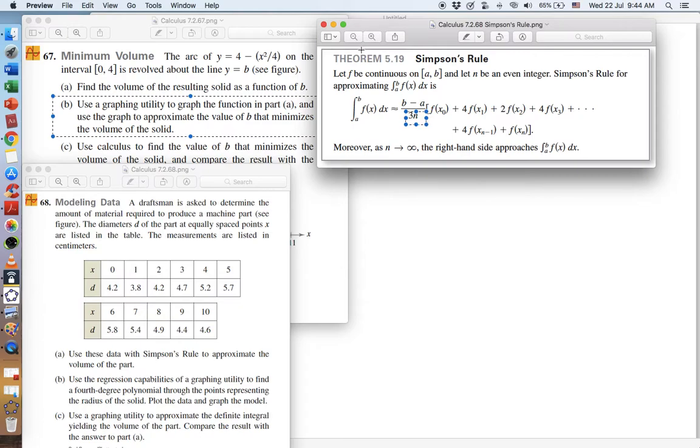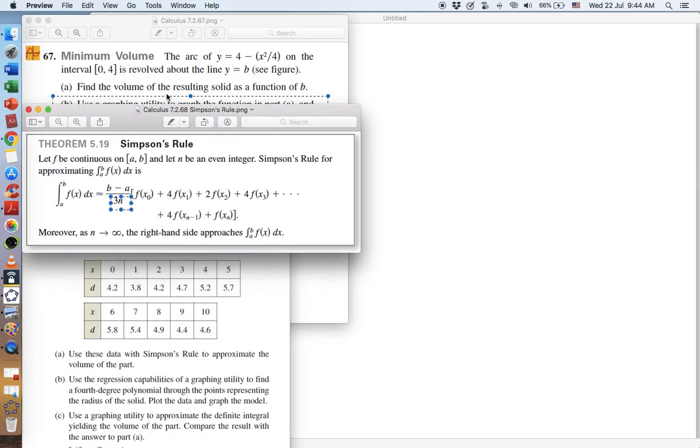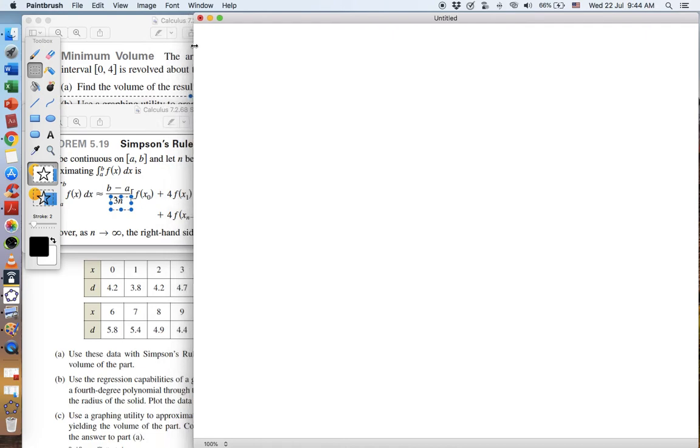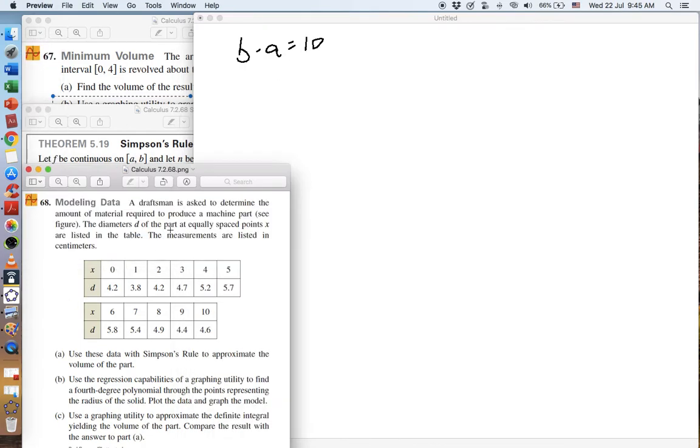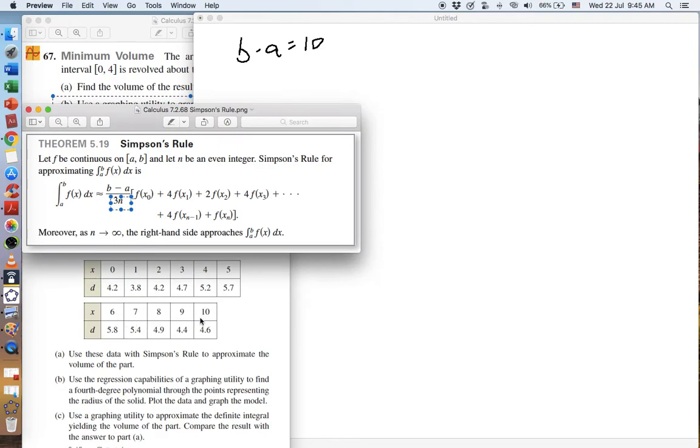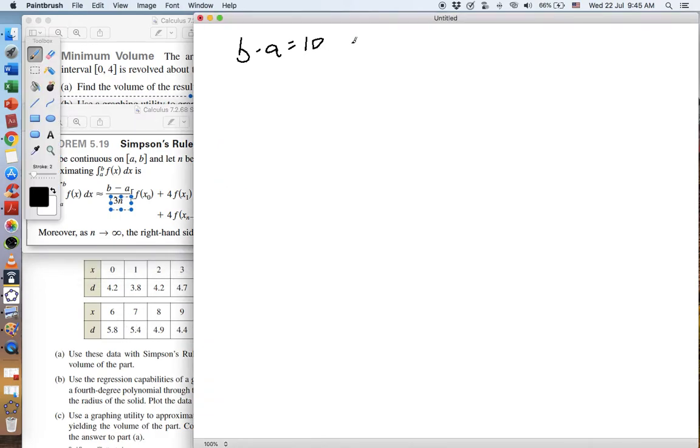And so if we apply Simpson's rule to this case, b minus a is equal to 10, right, on the interval of 0 to 10, and then n is equal to 10. So the volume is approximately equal to 10 pi over 30, or pi over 3,